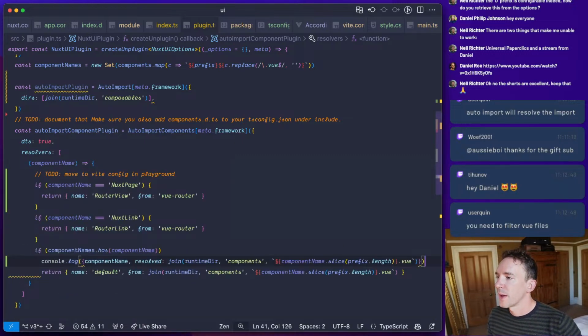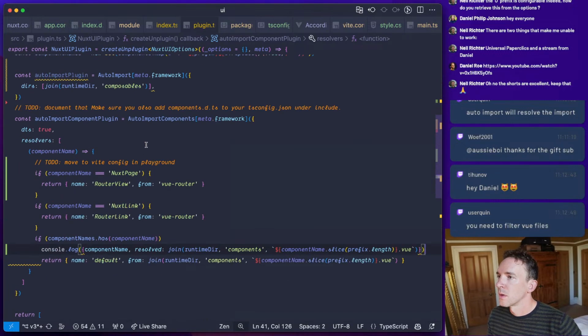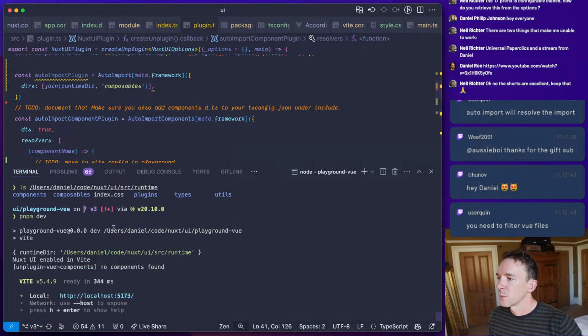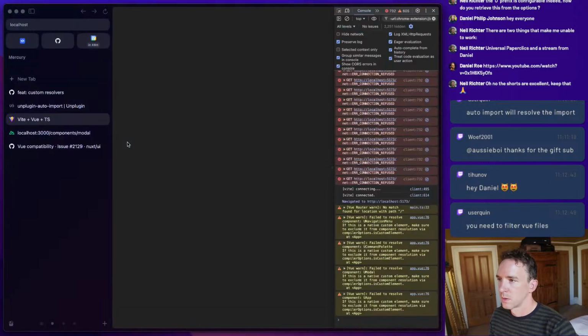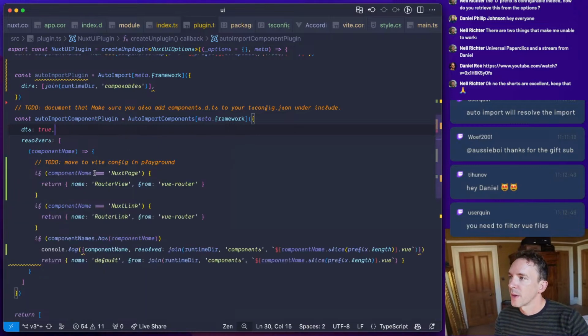Ah, no components found. That's weird. Why would it say no components found?